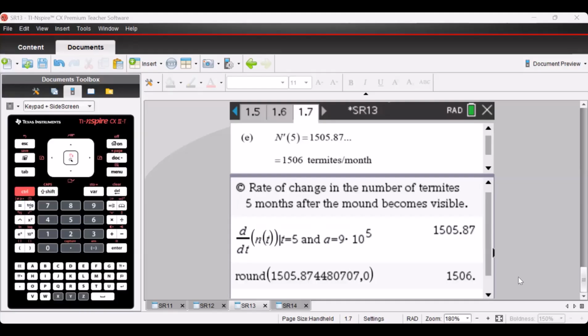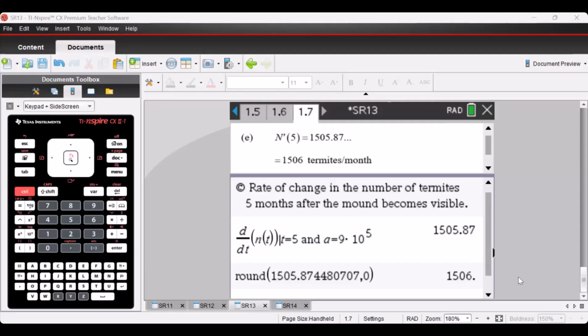Now we can use the derivative in part D, or in this instance, you can use TI-nspire directly. And I'll show you how to calculate N dashed of 5. We have a look at our working up the top part of the page there, that when we evaluate N dashed of 5, we get